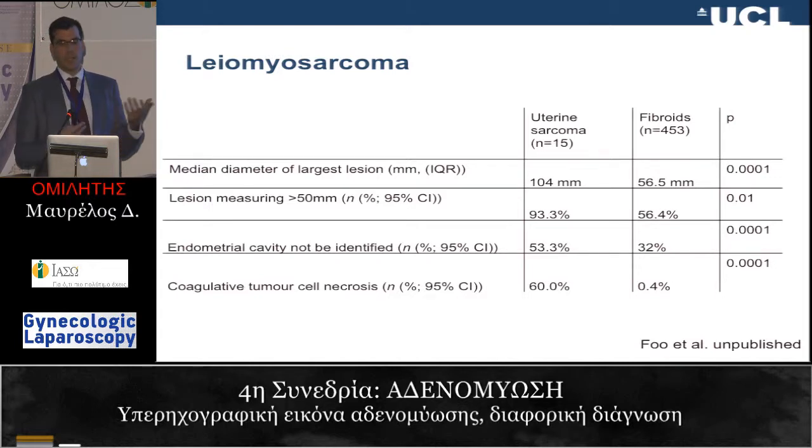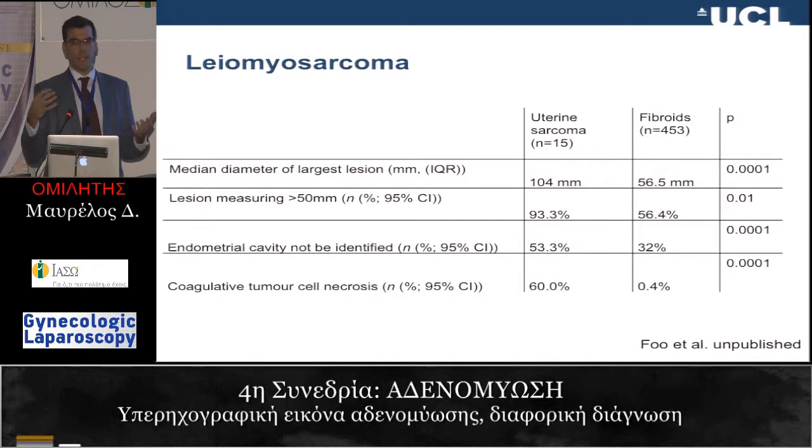By definition, a cancer does not respect tissue boundaries. So that's true in any occasion. If it's in the ovary, if it's in the uterus, wherever it is, it will distort the anatomy. The structure you are seeing is irregular because it's a cancer. And therefore, in women that have leiomyosarcoma, it makes it much more difficult to identify the endometrial cavity because it's been disrupted. And there's this histological sign, and it's useful actually to look at the histological textbook when you do ultrasound to see what the histopathologists say about the pathology you're looking for. This coagulative tumor cell necrosis, which is pathognomonic of leiomyosarcoma, you can actually see that on scan.